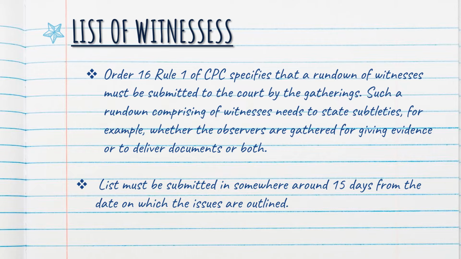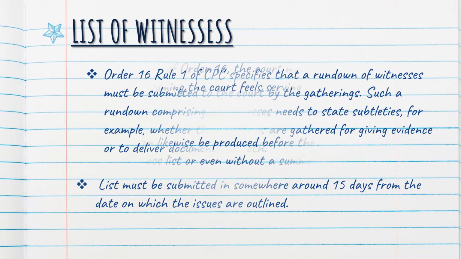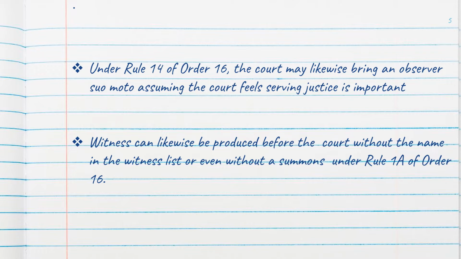The entire summons process itself is not mandatory under the Code of Civil Procedure. A witness can also be produced before the court without the name being in the witness list or even without the summons under Rule 1A of Order 16. This is used in cases where the party does not require the court's help in bringing a witness to the court. So, only when the party is unable to bring the witness by himself, the court's help is sought and